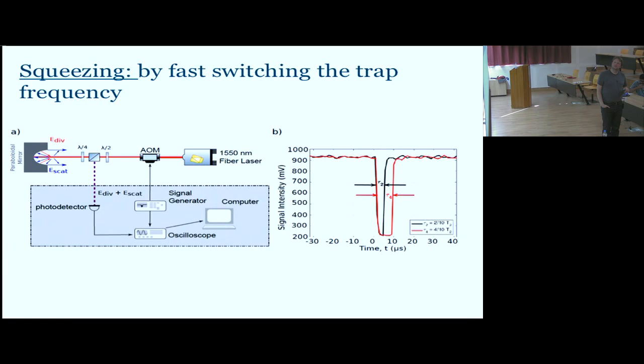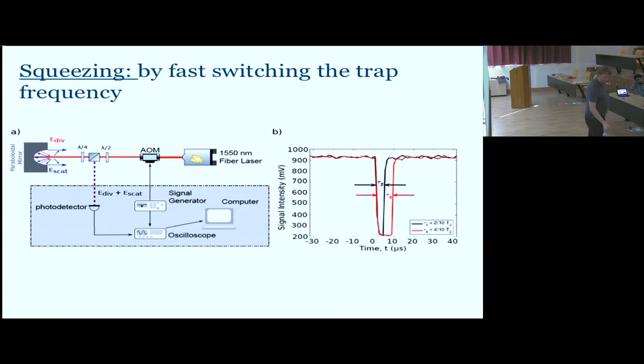But what we basically do is we have a simple signal generator which generates pulses, which are sent to the AOM. And what it does is, again, it changes the power of the laser. And it switches between two different trapping frequencies, two different trapping parabolas, which are at two different frequencies. And again, the trick, very similar to pulse optomechanics, is that the switch has to be faster than the oscillation